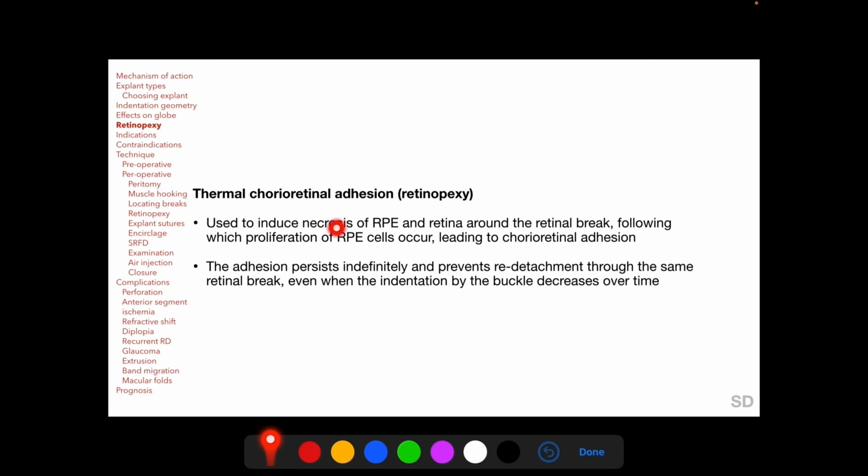Retinopexy induces necrosis of retinal pigment epithelium and retina around the retinal break, following which proliferation of retinal pigment epithelial cells occurs, leading to chorioretinal adhesion. This adhesion persists indefinitely and prevents redetachment through the same retinal break even when the indentation by the buckle decreases